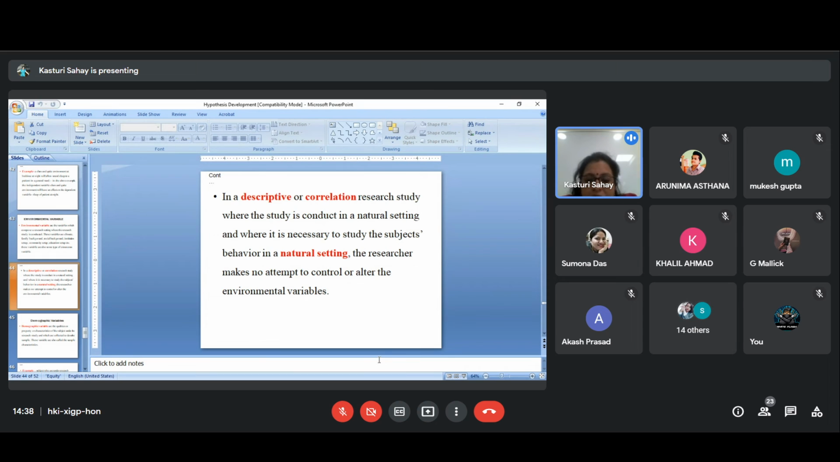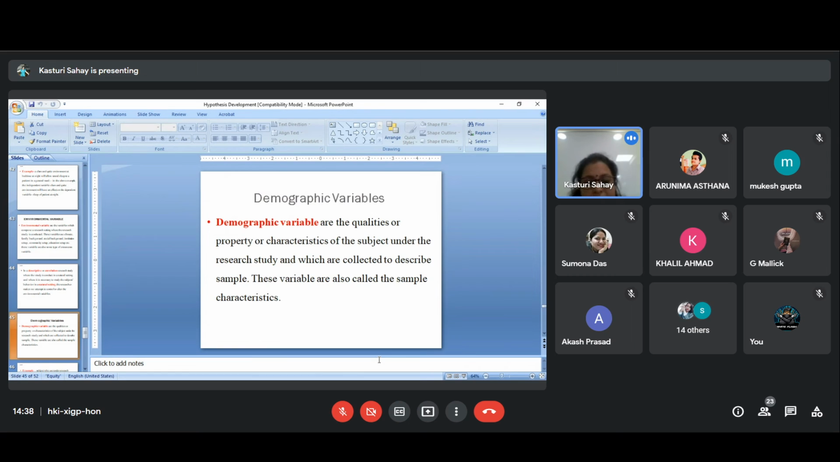So what happens is we control all these different kinds of variables. That is the reason for explaining all these, like the demographic. There are different variables which define the quality or the characteristics of the subject in the research study, and which are collected to describe the sample. These variables are also called the sample characteristics, like if everyone is male, or if everyone is between 21 to 40, or if the annual income of all the employees is between 5 lakhs and above. So all these things will